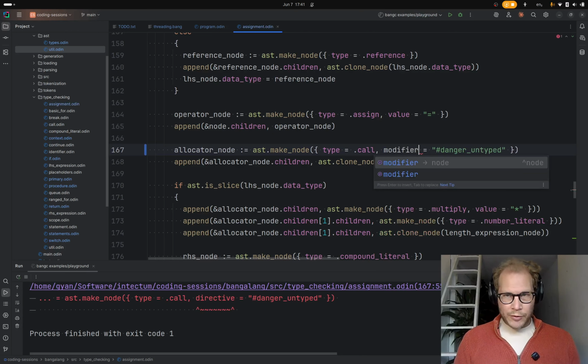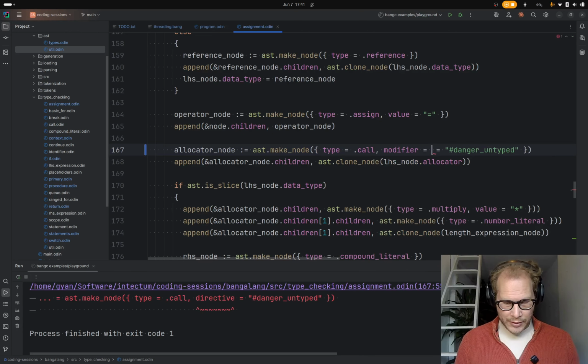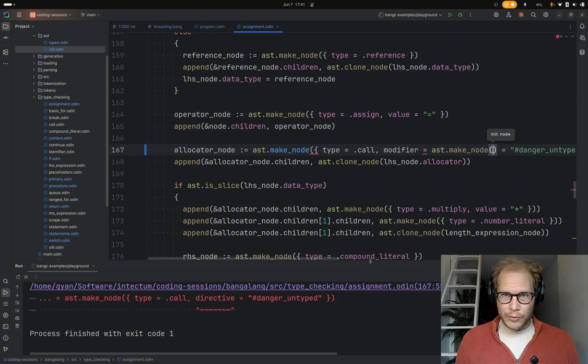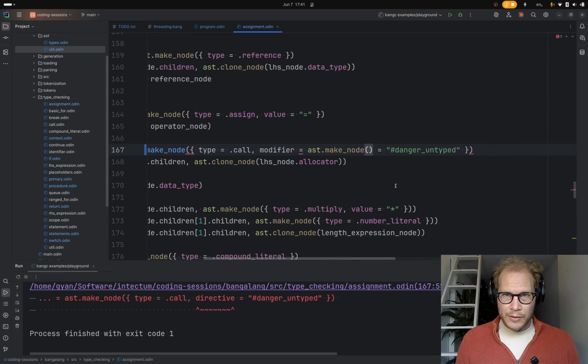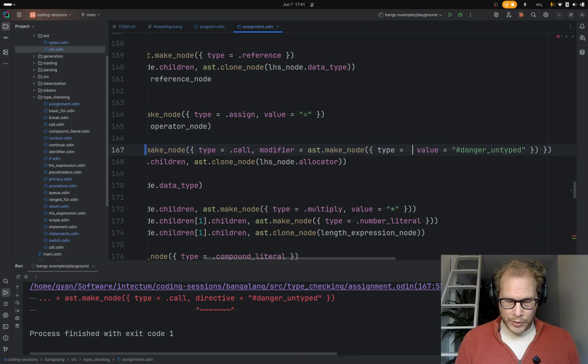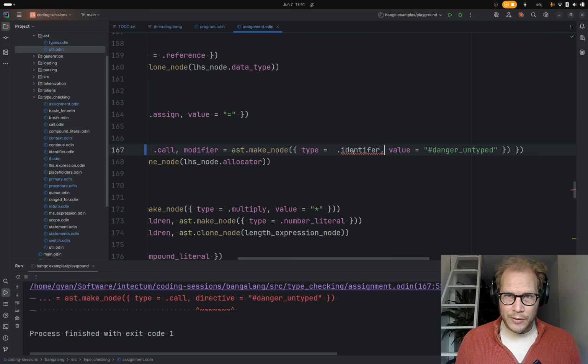Here we're going to say modifier is make node with the type identifier and value danger untyped.